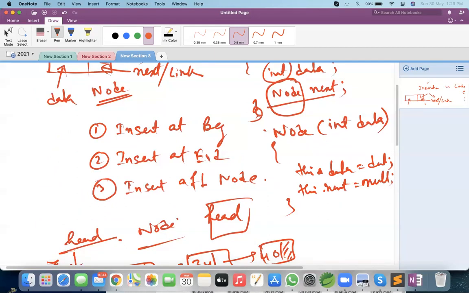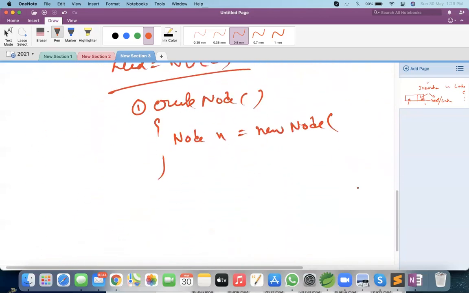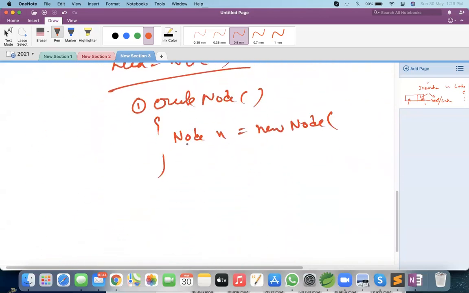Okay, so this is a constructor. Whoever calls node needs to pass the data, and the next part will by default be set to null. So what we need to do is Node n = new Node, and let's assume some data you are passing which you accept from the user. The return type of this createNode should be a node, and just do return n.